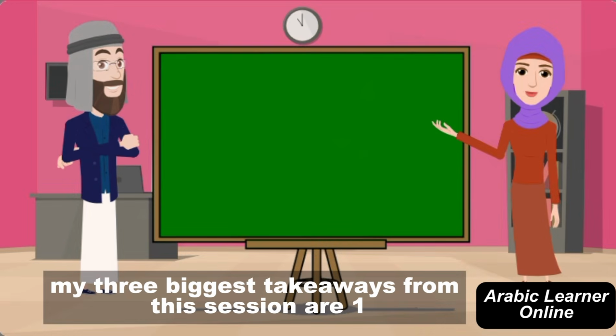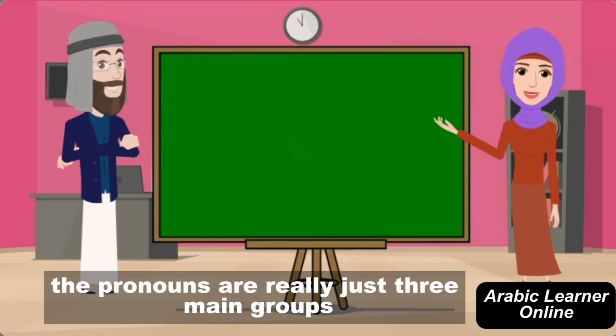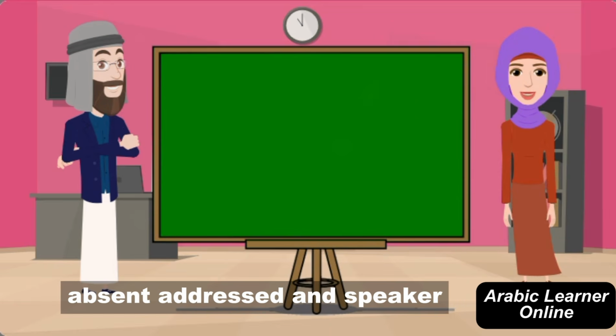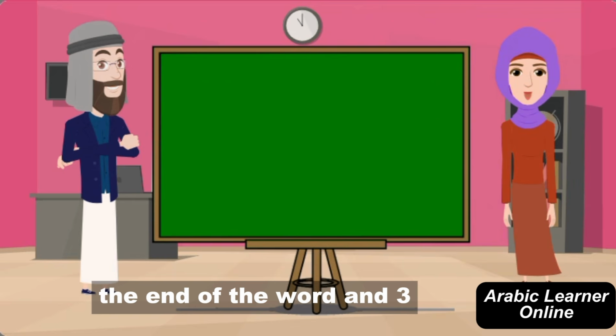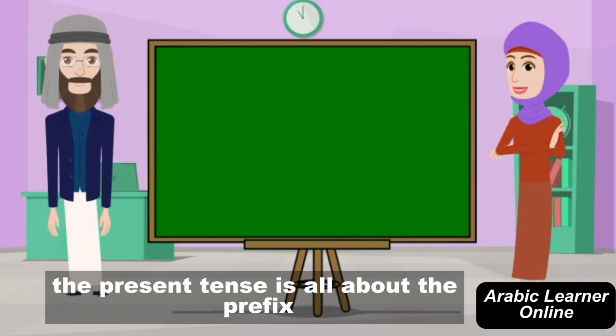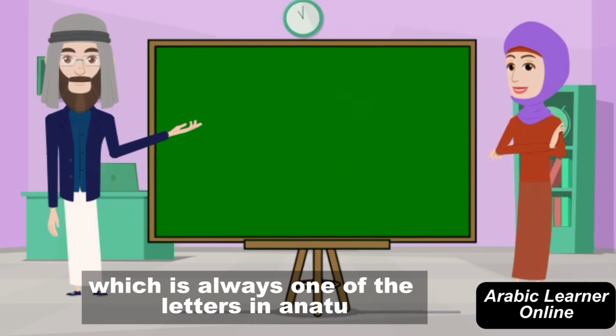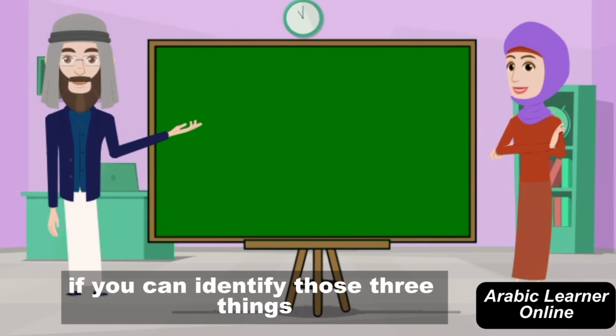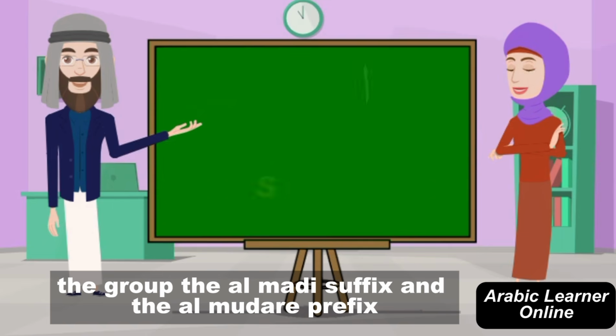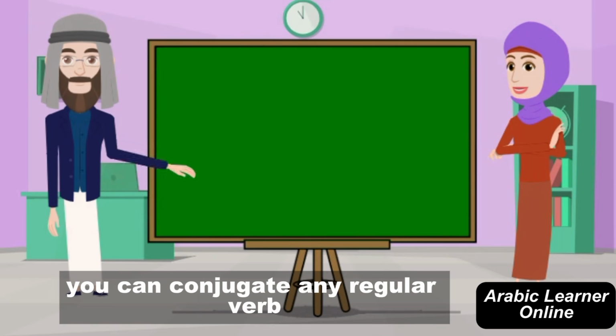My three biggest takeaways from this session are: one, the pronouns are really just three main groups: absent, addressed, and speaker. Two, the past tense is all about the suffix, the end of the word. And three, the present tense is all about the prefix, which is always one of the letters in ANITU. If you can identify those three things, the group, the al-madi suffix, and the al-mudari prefix, you can conjugate